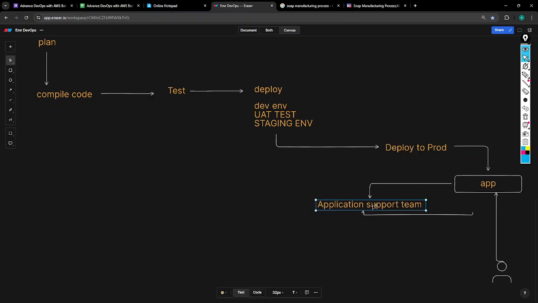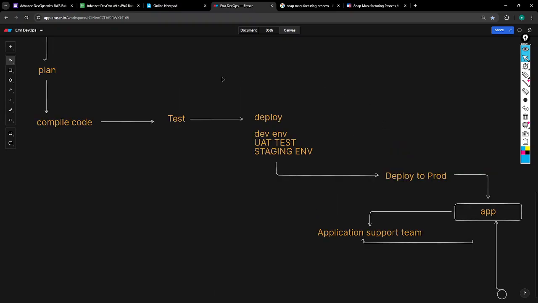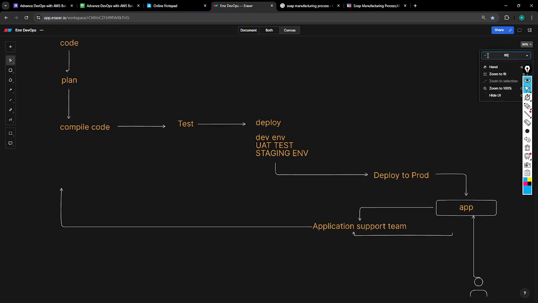If not, it is an application issue only, the own application issue, then this application team will forward this ticket to the development team, the developers.